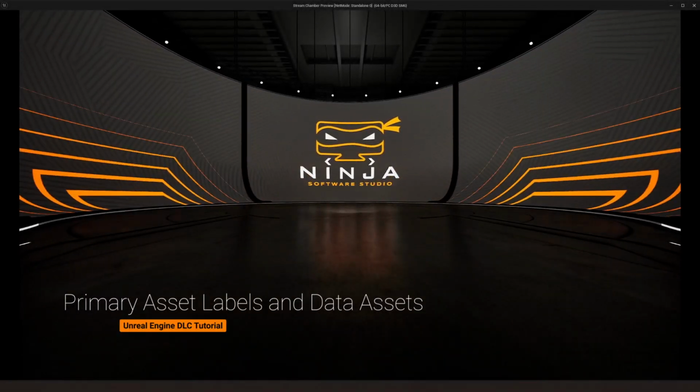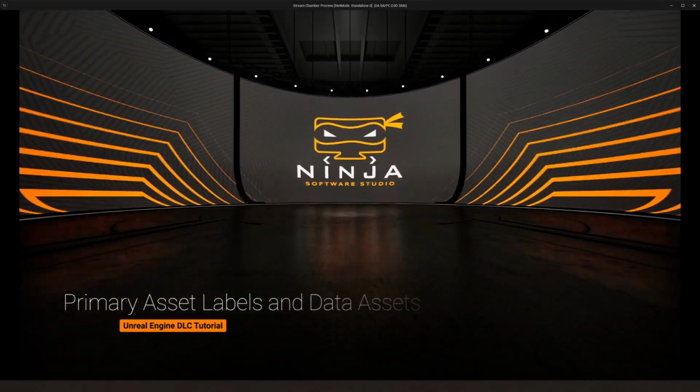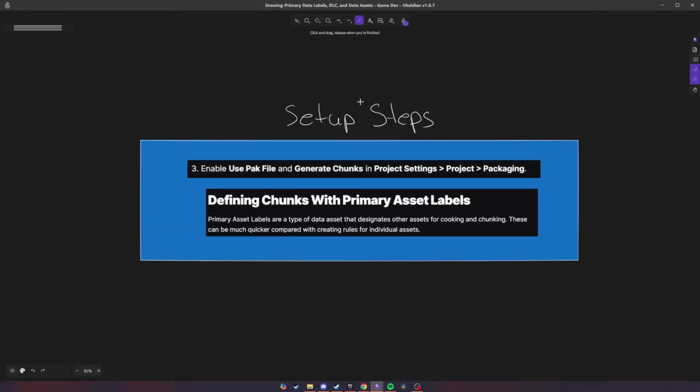So here's how I added DLC to my Unreal Engine 5 project. To start off, there is some setup. You need to enable use pack file and generate chunks in the project settings under project packaging. And then the other thing you need to know is that we're going to be defining our chunks with primary